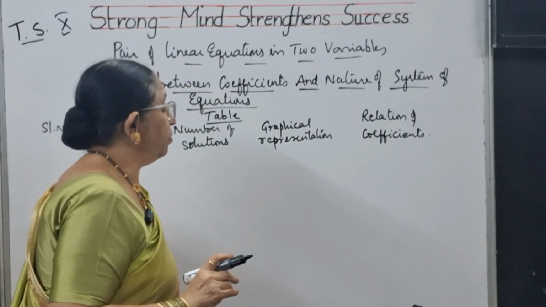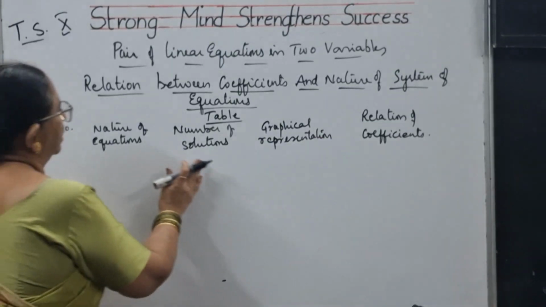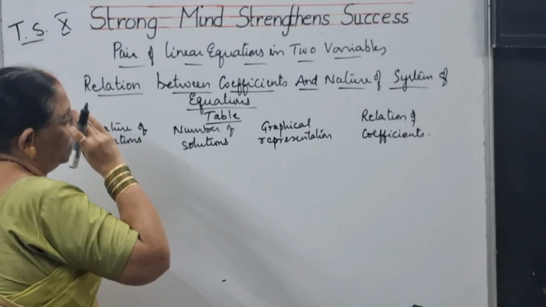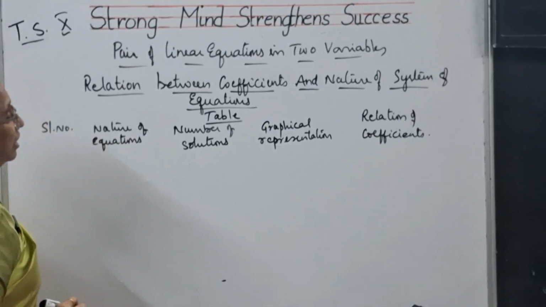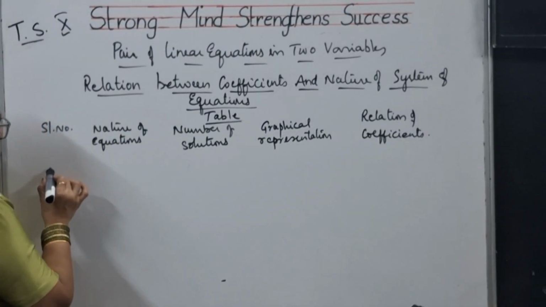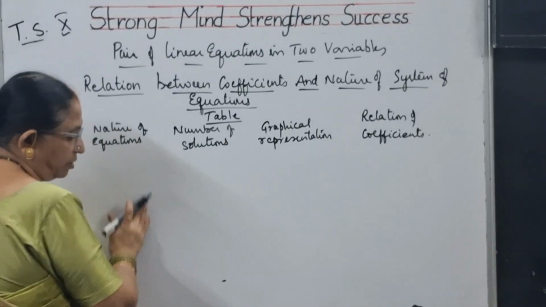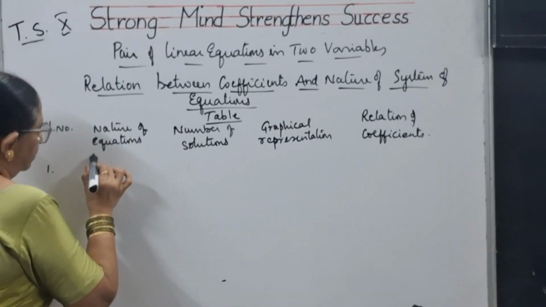Now, what we have learned till now, let us take it in the form of a table so that the table will be very helpful to you, children, to have a quick recollection of what we have done. First one is, we have talked about nature of equations. So first one, what we have discussed,